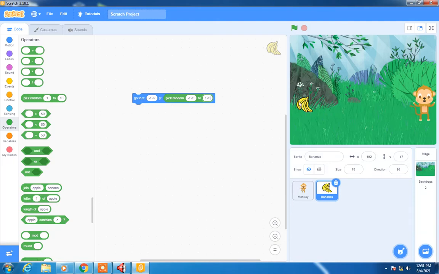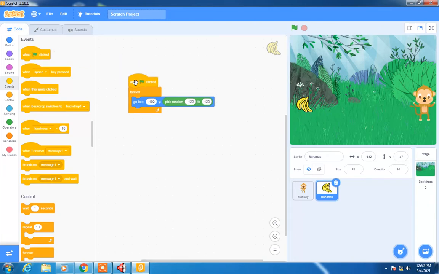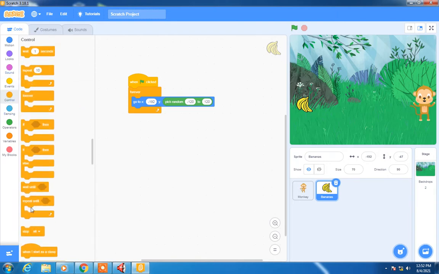This has to continuously repeat till the green flag is clicked. So we are going to include this into a forever loop, and this forever loop has to be there in the event, that is when my green flag is clicked. So whenever our green flag is clicked, always at a random position the banana will appear, and till when it should appear or when it should start appearing, that condition we will write, that is repeat until either it touches the monkey or it touches the edge. So repeat until command will be there in controls. Make use of it and place it inside the forever loop.